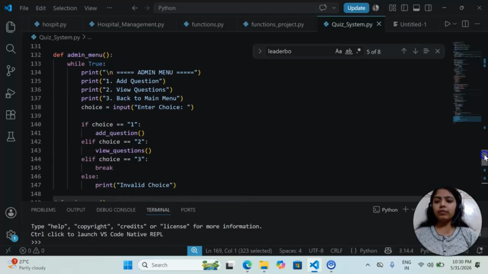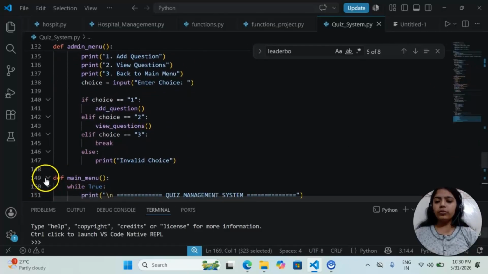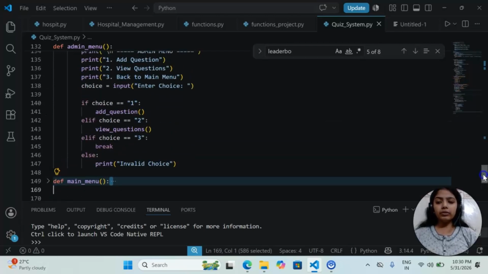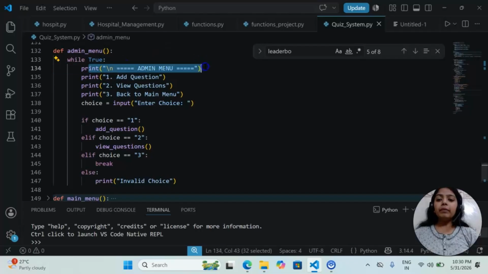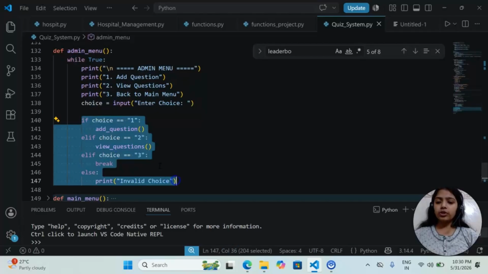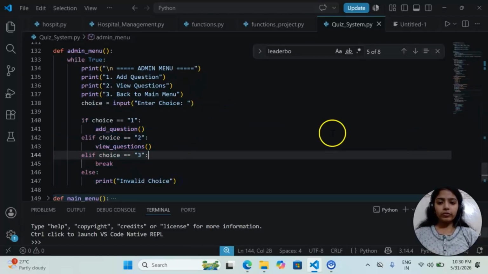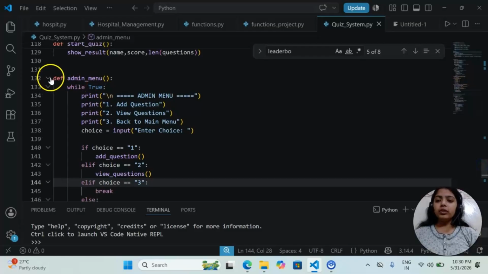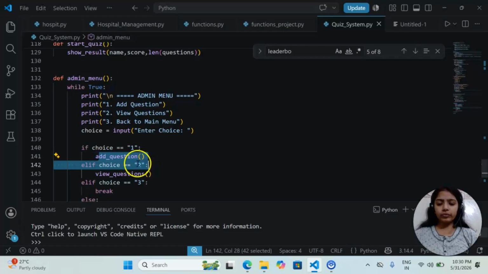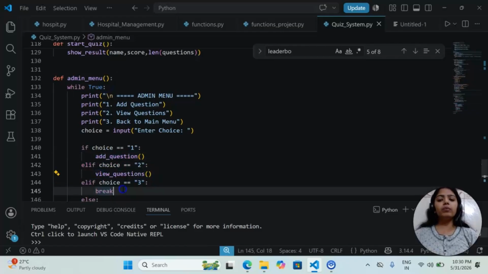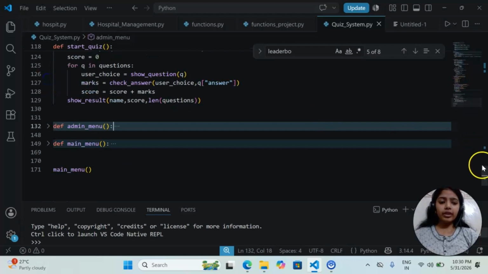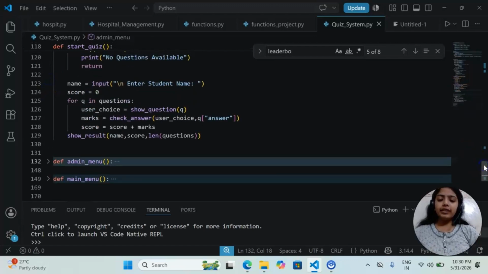Then we created a function admin menu. So in admin menu again we had a menu. What does admin want to do? Admin can add the question, admin can view the question, can go back to the main menu. So we are showing the menu, and based on the user choice, again we are calling some functions. Now if admin wants to add the question, view the question or go back to the main menu, then we've considered first, let's say we just ran the